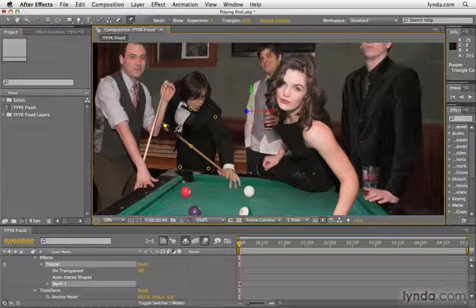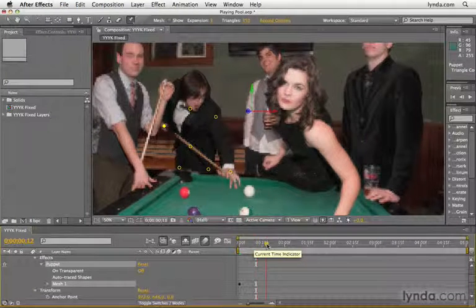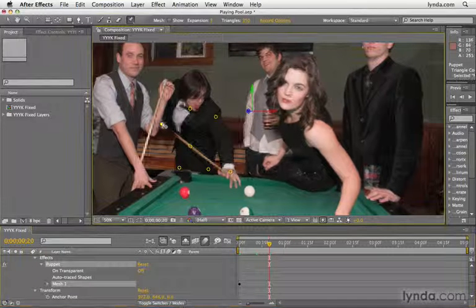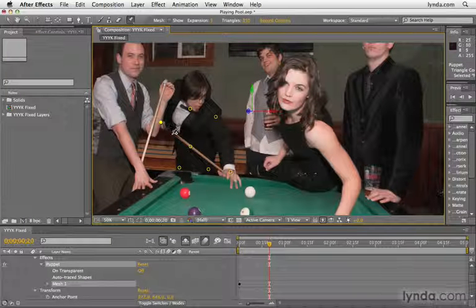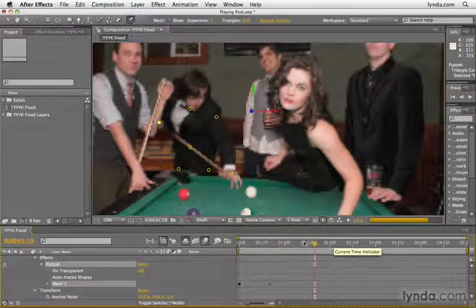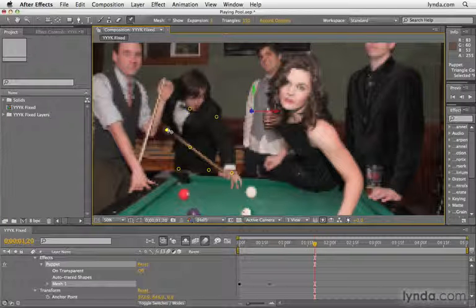Now let's move out in time a little bit. Just a few frames here. I went out about 10 frames. That's probably good. Maybe a little bit more, about 20 frames. And I'm going to grab that hand and move it back along the same axis as the cue stick. And then I'm also going to move out again in time, this time to about a second and 20 frames. And then click and drag his hand again on the axis and move it down the line a little bit